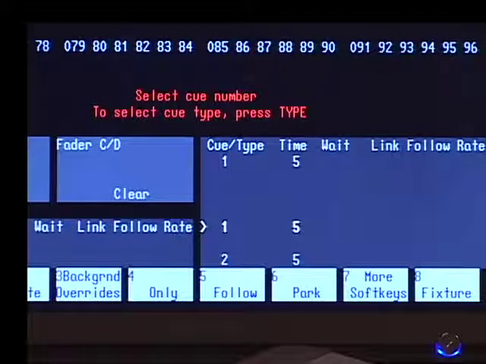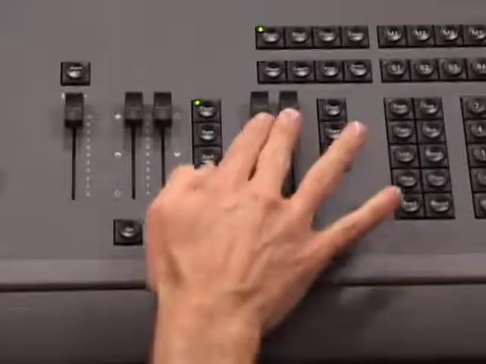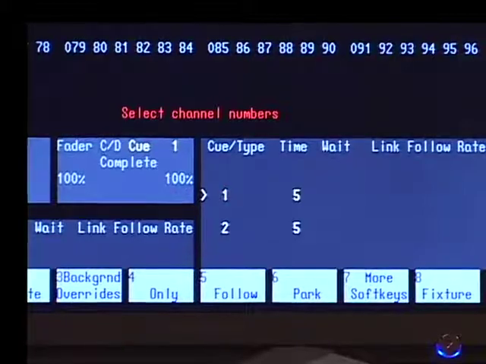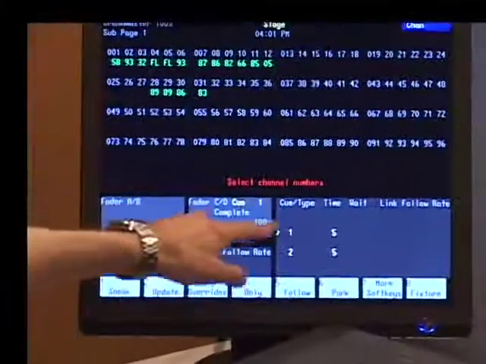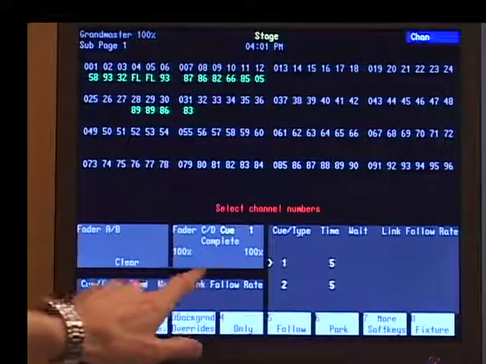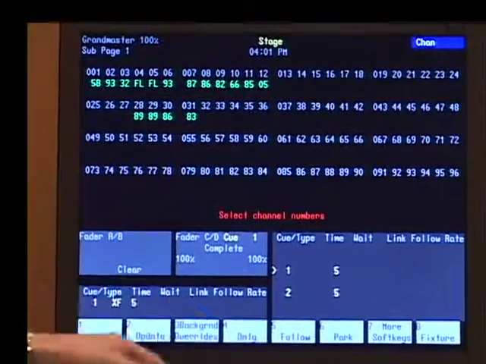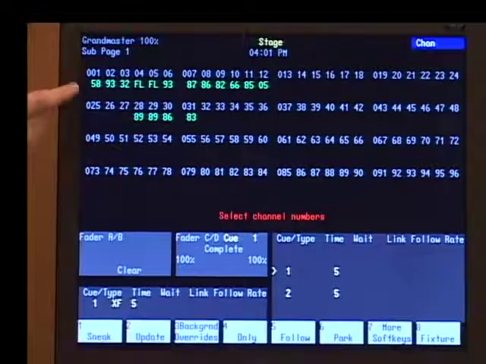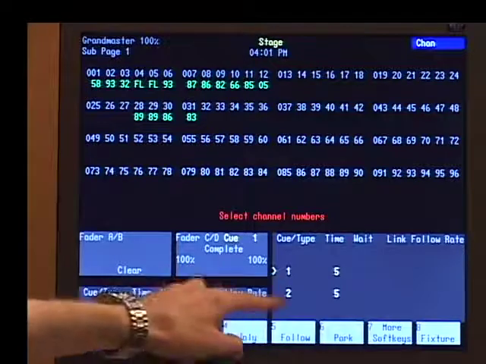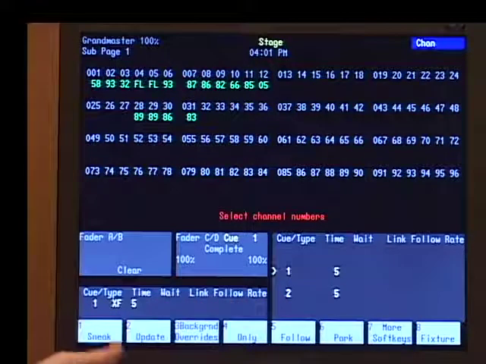I can just simply hit Go and make sure that my fader pairs are all the way up to the top. And you'll see a couple of things happening on my display. First, in my playback status display, I have an indication that cue 1 is complete and it is faded to 100% of completion. You can also see that my channels have gone to the levels that I recorded into that cue. Now when I'm ready to go into cue 2, I simply hit the Go button again,